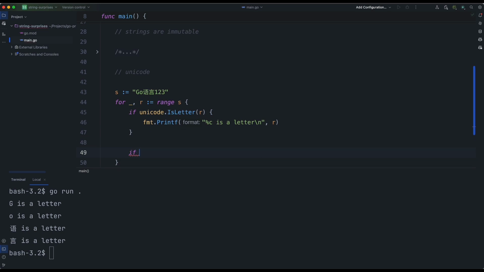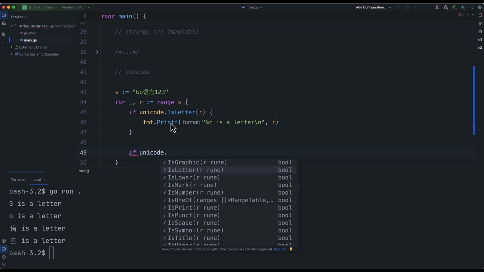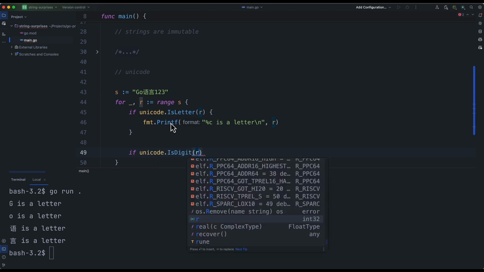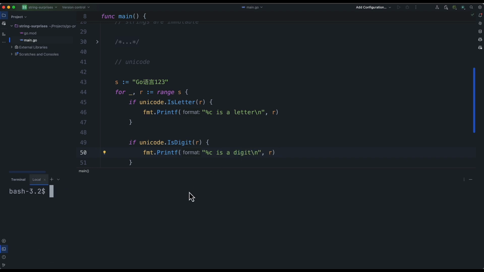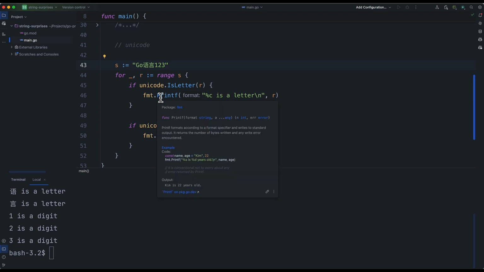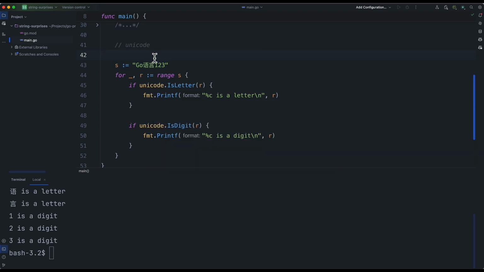You can check for digit as well. Unicode dot IsDigit, you see? And then you can print, you can do anything you want with that. Like, let's say you want a digit, and we should have the 1, 2, 3 as part of that. If you have space, you can check for a lot of things here. So if you have a username, for instance, and you are supporting something like this, right? You want to support non-ASCII characters in your username, but you want the username to probably be alpha,